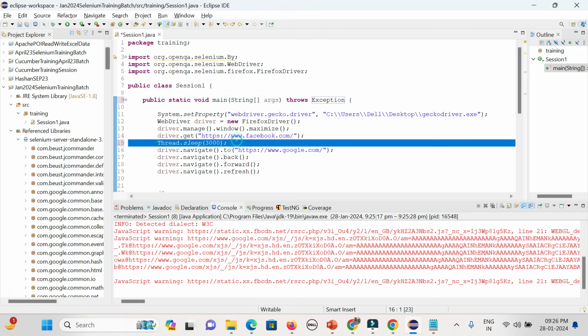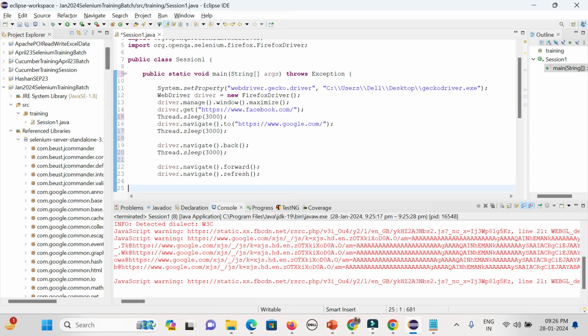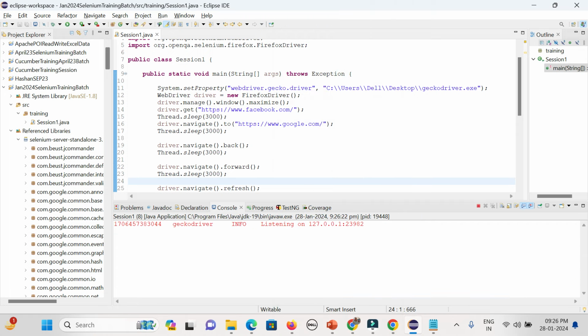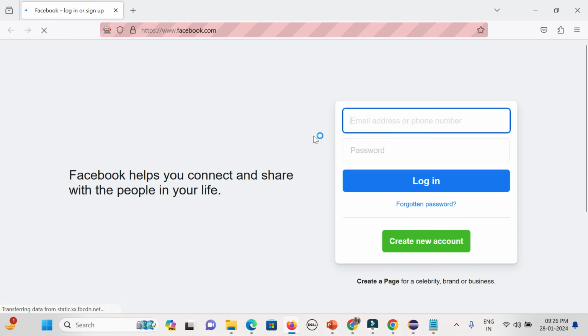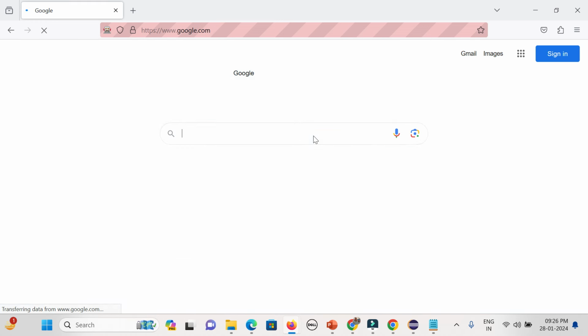Similarly, at every step you can give a 3-second wait time. So you can get to know that everything in your application is happening properly. Otherwise, it will be too fast. Thread.sleep, and you can give 3000 milliseconds, which means 3 seconds. It will wait for 3 seconds. You could see after 3 seconds it will go to the Google page.